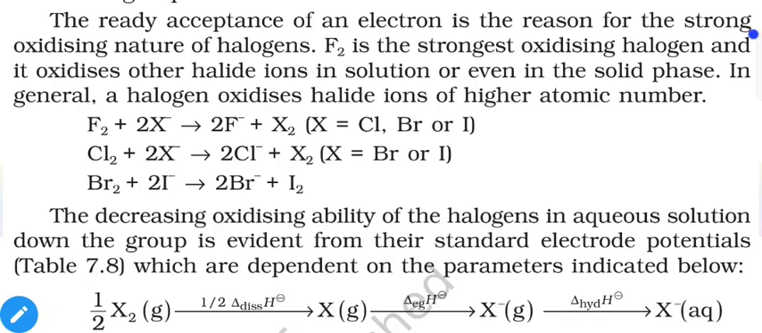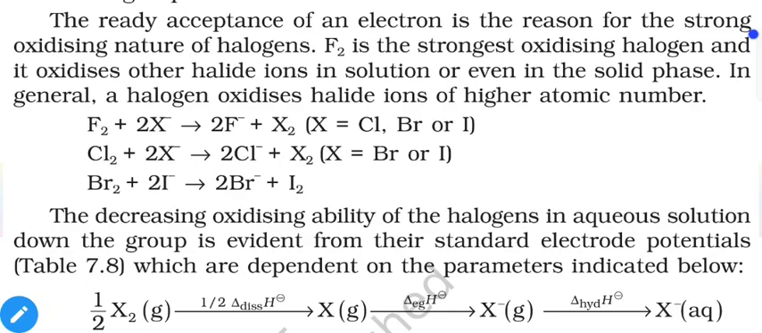F2 is the strongest oxidizing halogen, and it oxidizes other halide ions in solution or even in the solid phase. In general, a halogen oxidizes halide ions of higher atomic number, because higher atomic number represents less electronegativity. So obviously, as we move from fluorine to iodine, electronegativity decreases. So fluorine is able to oxidize all of the other halide ions, and chlorine is able to oxidize bromide and iodide. Bromine is able to oxidize iodide, and iodine is the weakest oxidizing element of all these halogens, so